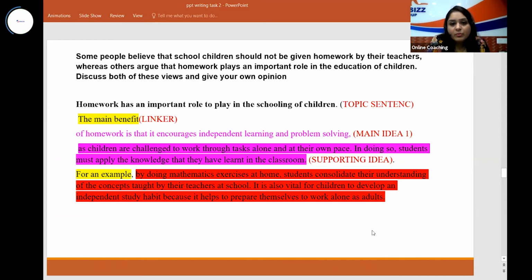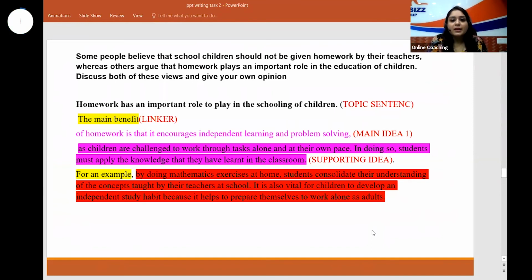So, this is my supporting idea that why it encourages independent learning and problem solving, because they are challenged to work through the tasks alone and students apply their own knowledge, because what they have learned in the classroom, they are applying by their own way, right? Now I have quoted this with the example. For example, by doing mathematics exercises at home, students consolidate their understanding of the concepts taught by the teachers at